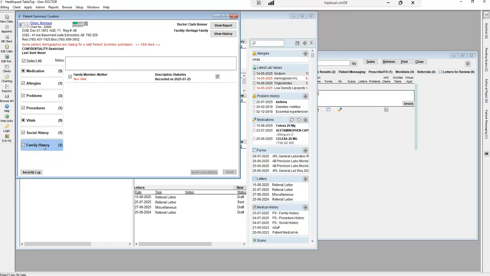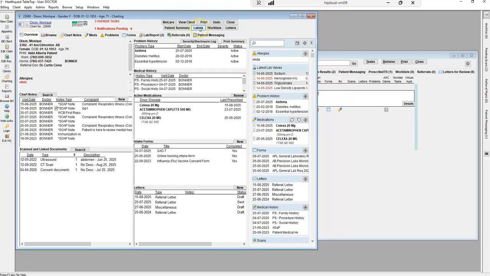Same thing with family history. This may help you identify what the problem is with the patient. And then you can just click on send and it's going to submit that one item. So this is a manual entry that you would send as an ongoing basis, and it will update the patient summary in the Netcare. Labels is going to print you a label that you would be able to attach to